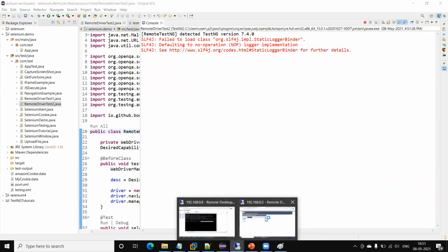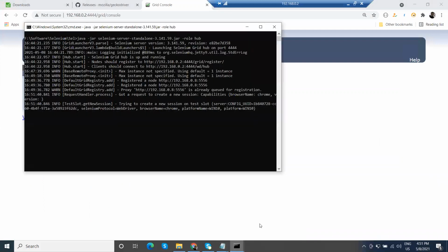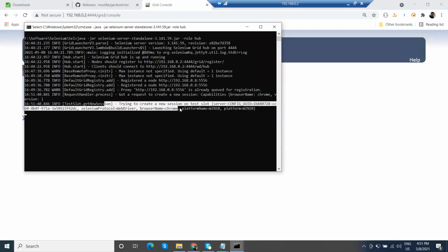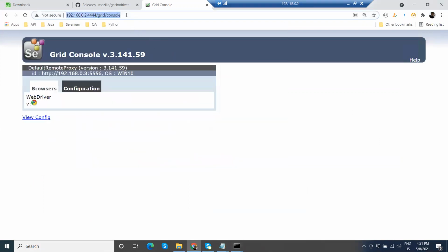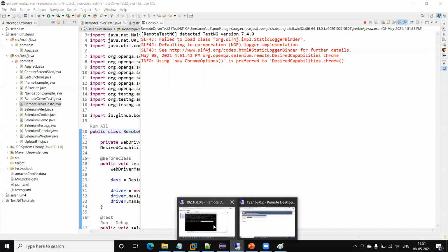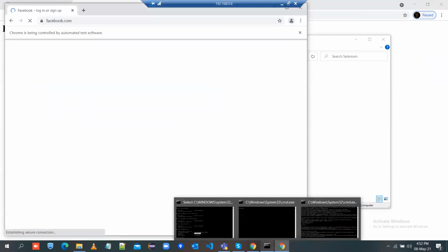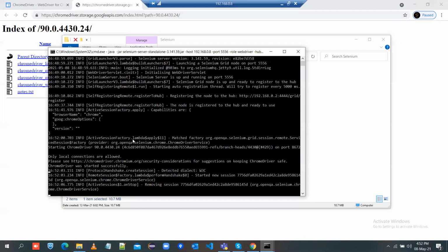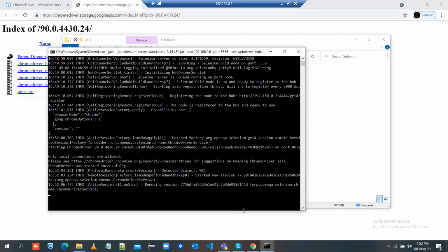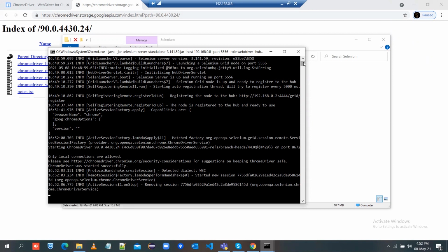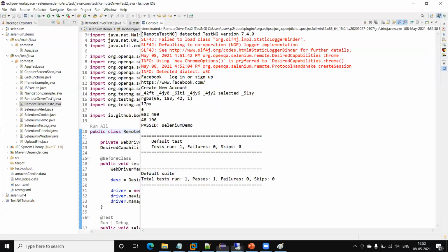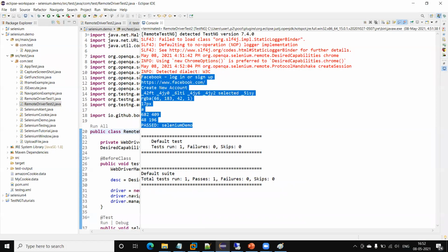The test is started, and first of all you will see here, let me show this. Yeah, you can see the request is coming. And if I run this, you will also see here, session started. If I go to the node machine, you will see the browser detail here. The browser is launched, and the test is executed on this machine. This is the node machine. So the test is running on the node machine, but we are sending the request to the grid URL. Now you can see the test is executed successfully.